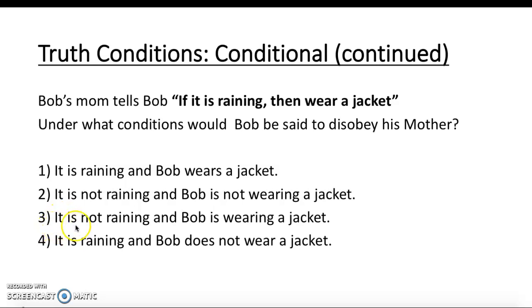Take scenario number 3. If it is not raining, but Bob does wear a jacket, if this is false and this is true, well, the entire sentence is still true because the conditions have not been violated. Now let's look at scenario number 4. If it is raining and Bob does not wear a jacket, meaning if this turns out to be true and this turns out to be false, that is the only situation in which this entire thing is false because the conditions of the statement have been violated. And that is how conditional statements work. That is why true